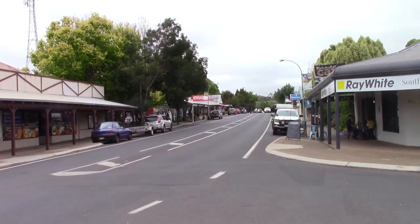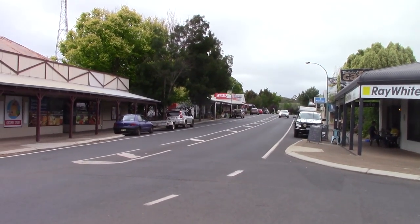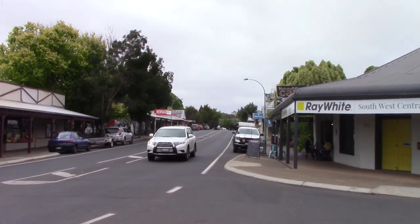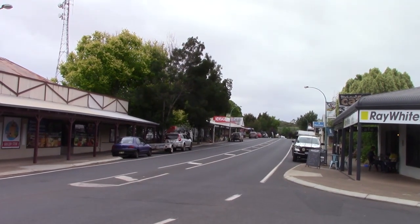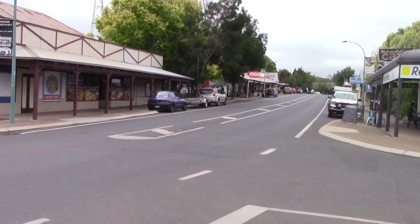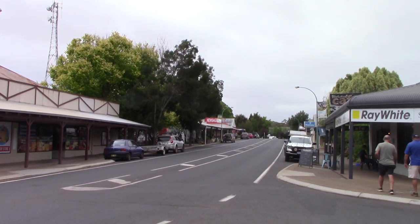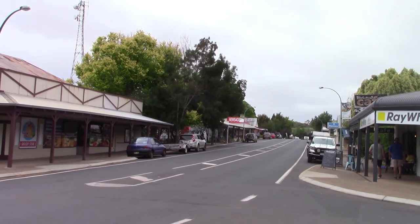This is a view of the main street, which is actually the main road from Perth down to, well, Bridgetown. You need it to get to Albany, Manjimup, the little southwest towns. In this area you can view the news agency, art galleries, even art shops, a bakery, a couple of nice cafes,